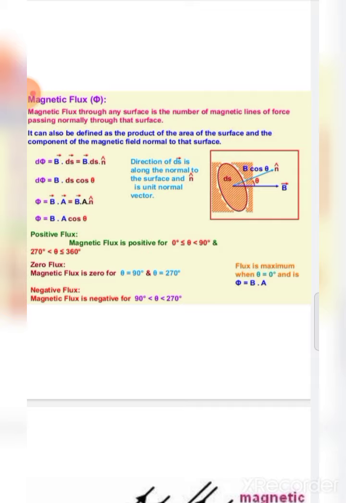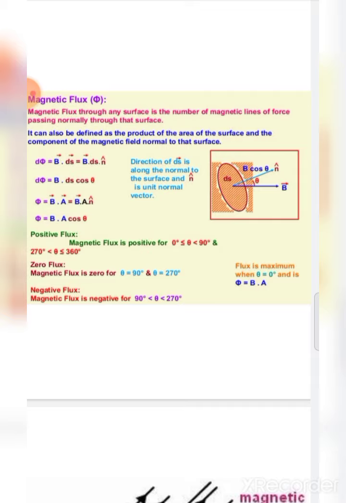So phi is magnetic flux. It is a scalar quantity, and it is a scalar product also. Phi is the product of magnetic flux density and area, therefore B vector dot dA vector. If it is expanded, then the expanded formula will become BA cos theta. There are two types of flux, one is positive flux and another one is negative flux. If the magnetic lines flow outward, it is called positive flux. If they come inward, it is called negative flux.